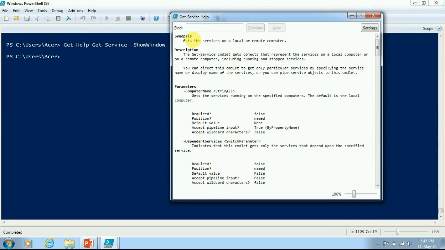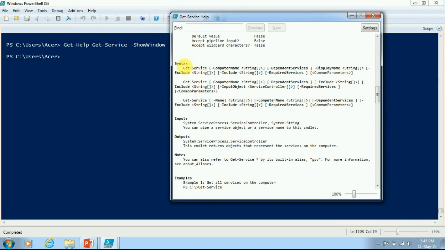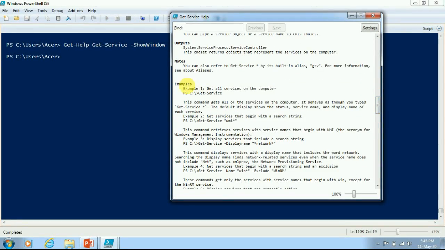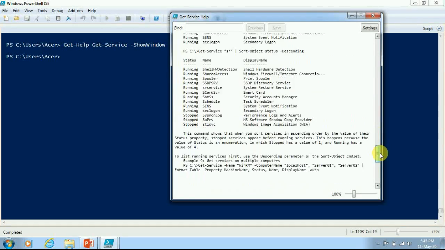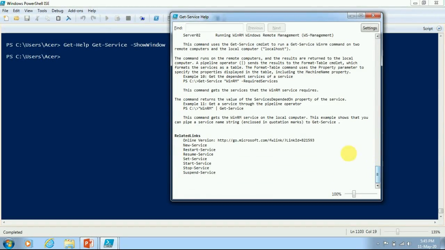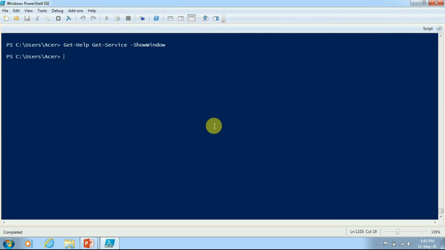This contains synopsis, description, parameters. All the parameters are listed out here, and after that syntax is there, and input, output, notes are there and examples also. So whatever information we get using the Full parameter, everything we get using ShowWindow, but it opens in a new window. It does not display in the PowerShell console only.